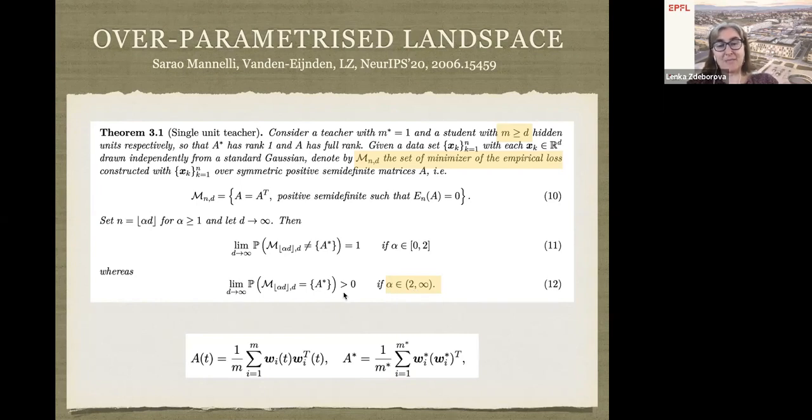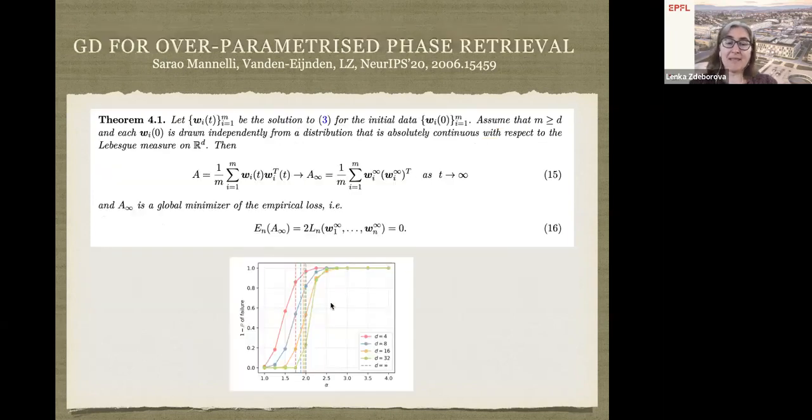And we didn't manage to prove that it's with probability 1, but as things always concentrate in these settings, it's very reasonable to think that this is just a weakness of the proof, that the actual result is that the probability that the only minimizer is the ground truth is actually 1 whenever alpha is bigger than 2. And that is something that we can check numerically, and the numerics is consistent with that. So this seems indeed to be just a weakness of the proof.